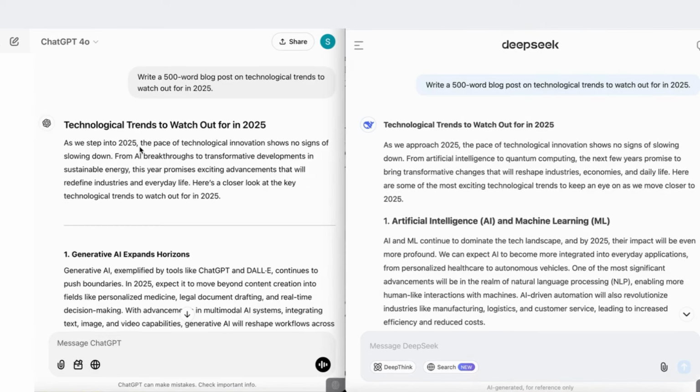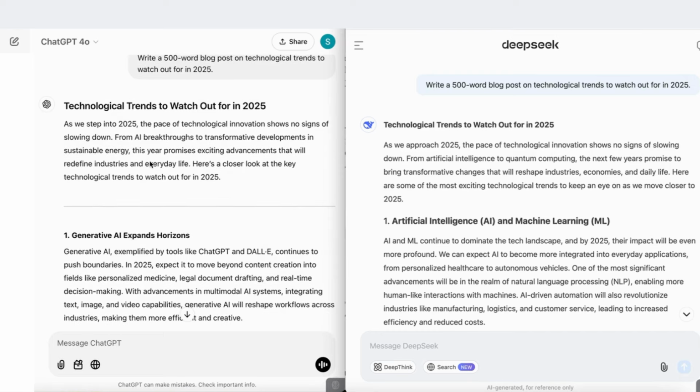We've got here, as we step into 2025, the pace of technological innovation shows no signs of slowing down. As we approach 2025, the pace of technological innovation shows no signs of slowing down. From AI breakthroughs to transformative developments in sustainable energy, this year promises exciting advancements that will redefine industries in everyday life. From artificial intelligence to quantum computing, the next few years promise to bring transformative changes that will reshape industries, economies, and daily life. And here are some of the most exciting technological trends, and as well, here's a closer look at the key technological trends. So initially, they're extremely similar in terms of how they've structured the output, in terms